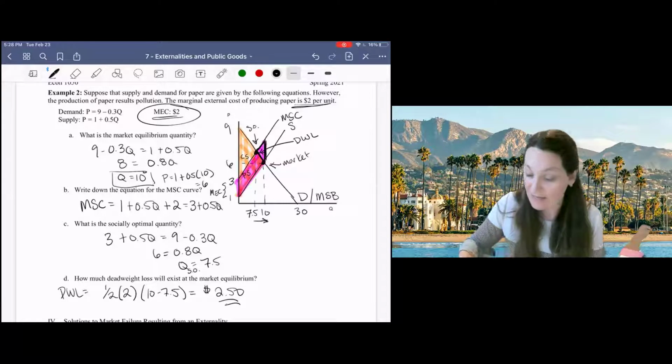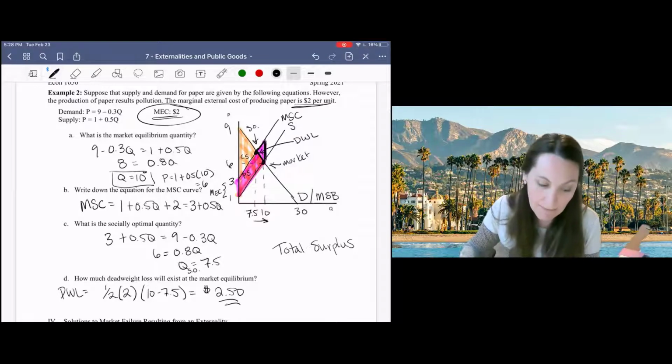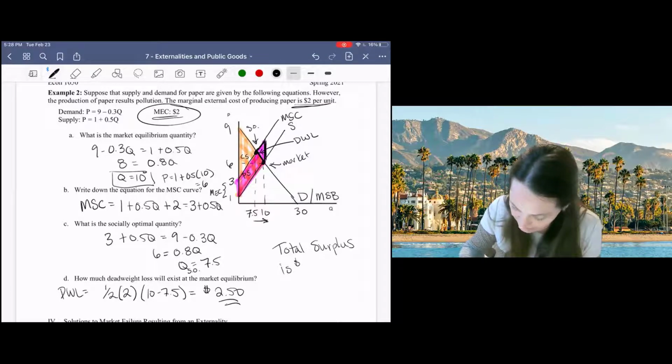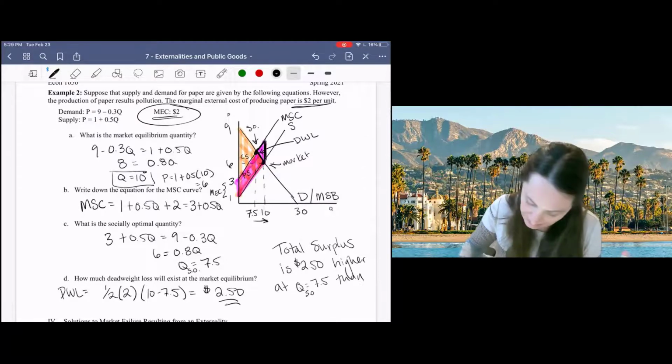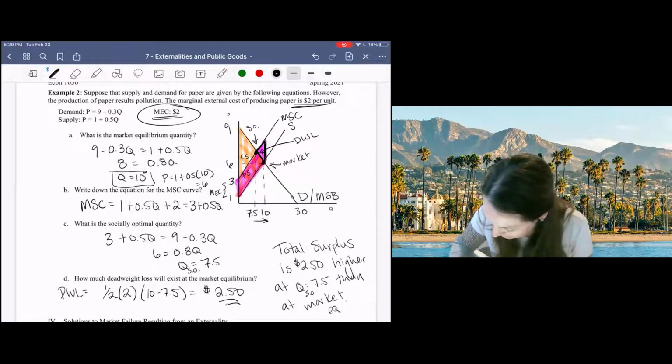What that tells me is that my total surplus, the total benefit to all groups within society, is $2.50 higher at the socially optimal quantity, which is 7.5, than at the market equilibrium, which is